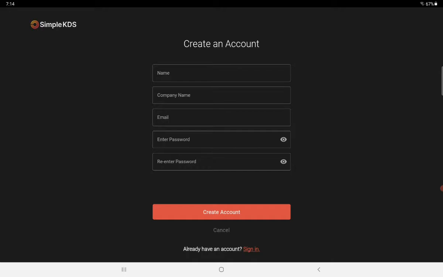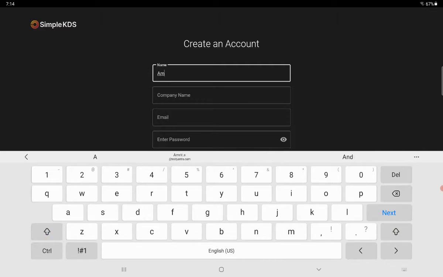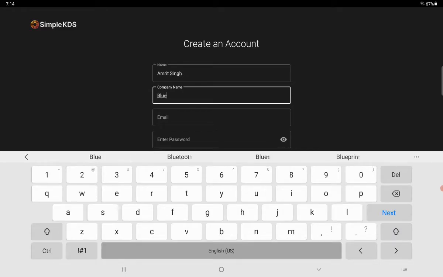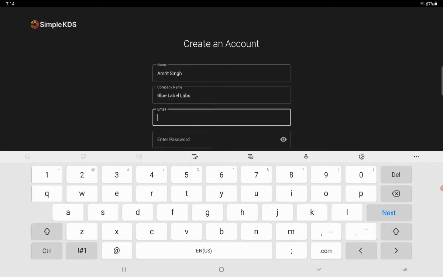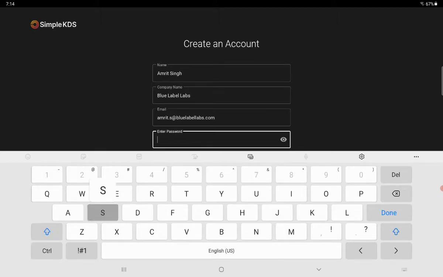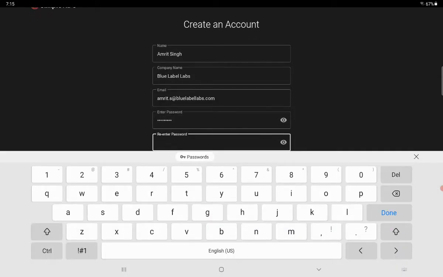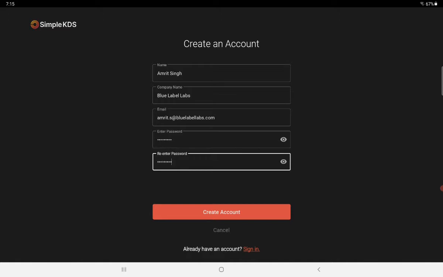On the create an account screen, the user needs to enter name, company name, email, password, re-enter password, and tap on create account.